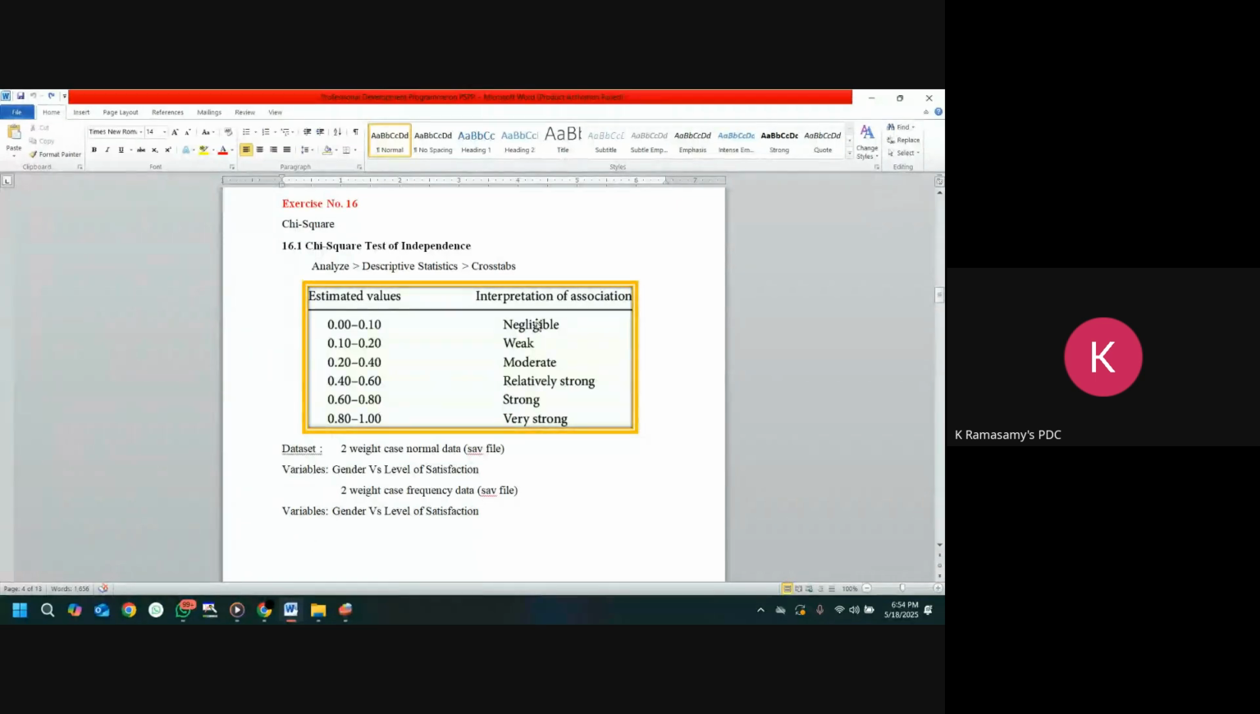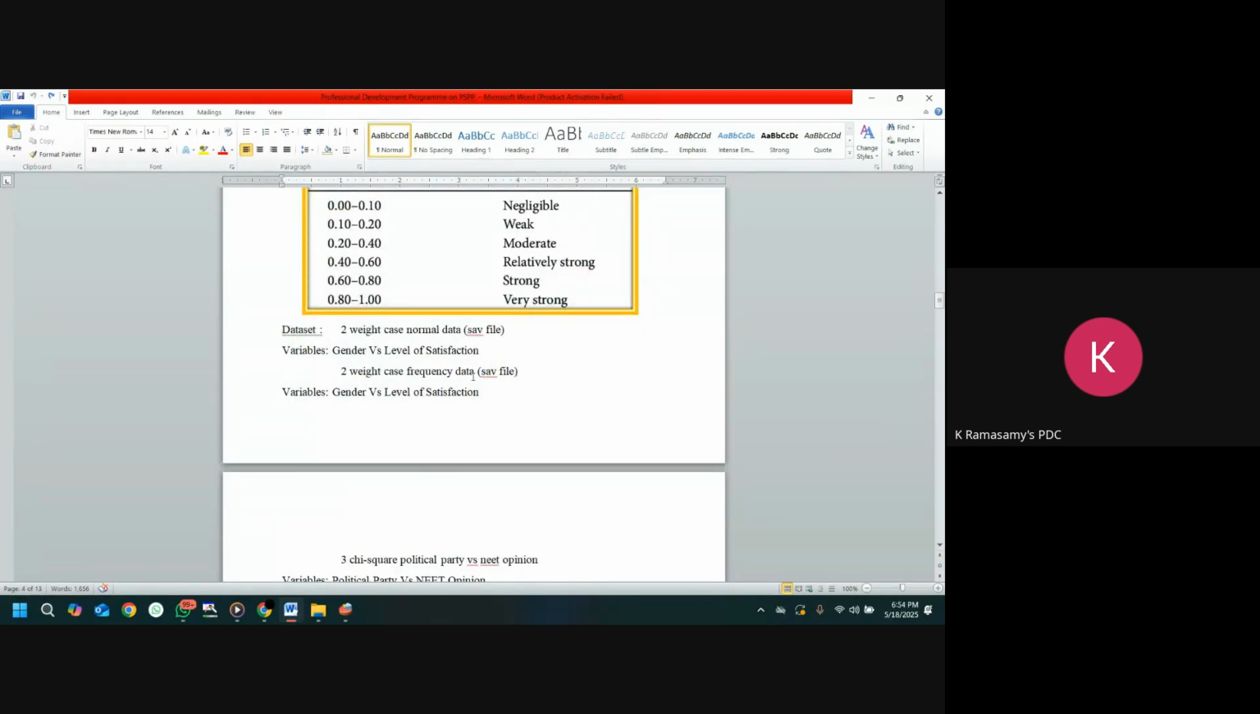What does 0.53 mean? You have to refer to this table to understand how strong the association is between these two variables. Okay, 0.5 is here. It says relatively strong. The association between gender and level of satisfaction is relatively strong. This is one example. And second example,